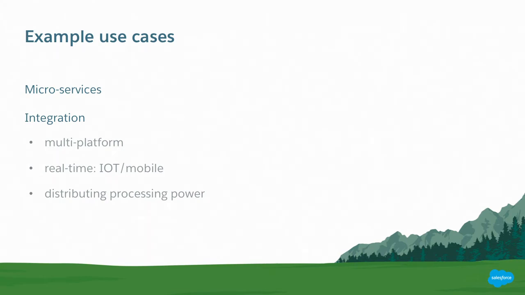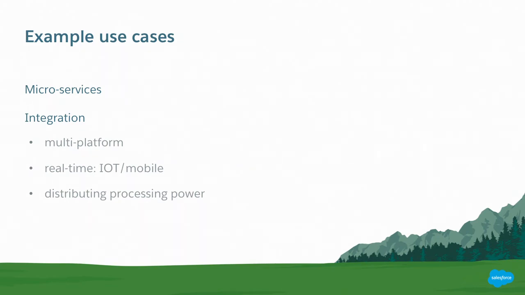Another interesting use case I've just learned recently is also the distributing of processing power. So for example, on the Salesforce platform, you all know that there are some limits. When you do Apex processing, there are some limits. So an interesting way to get rid of those limits is to use a platform event to offload some of the heavy processing to, for example, a Heroku application or another type of application, and get back the result of your processing. So for example, if you're doing something like image processing, if you're doing something like video processing, or